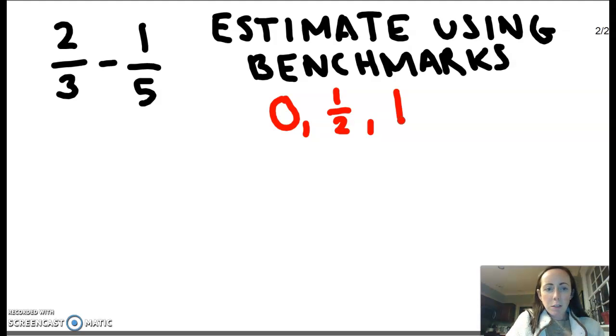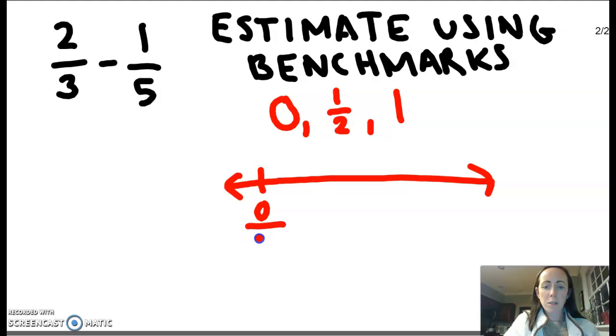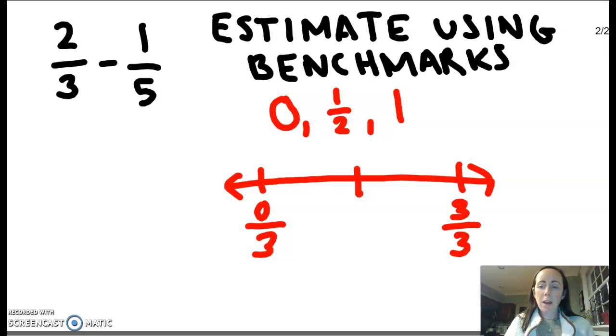So for 2/3, I'm going to make a number line, and I'm going to think about this number line in thirds. So I have 0 in thirds would be 0/3. A whole in thirds would be 3/3. And then a half in thirds, it's not a nice even number, so it's not going to be a whole number. But we know if I take 3 and I split it in half, it's going to be somewhere between